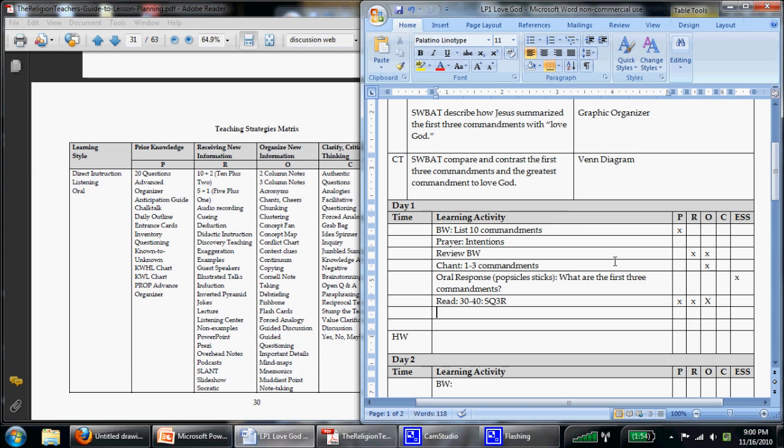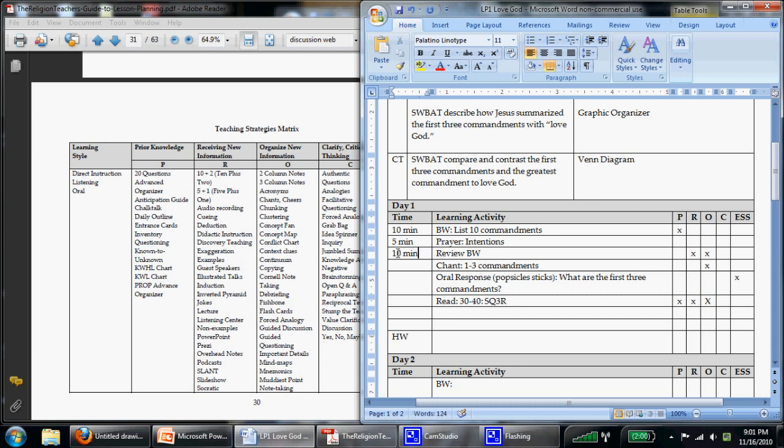So if you notice, we haven't quite added the time yet. We've gone through a list of activities, and the time at this point is kind of irrelevant. But now I'm thinking in my head that I might be getting pretty close to the full class period, so let's start to list the time. Let's say that this activity took a full 10 minutes, probably a little bit less. The intentions might take 5 minutes. Reviewing the bell work,